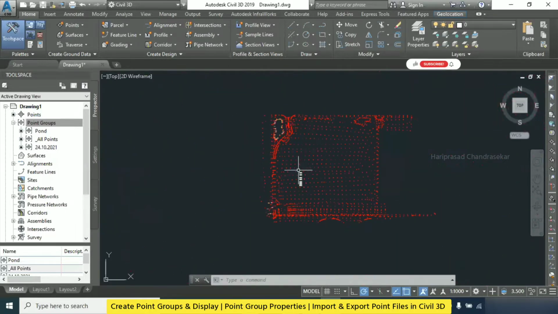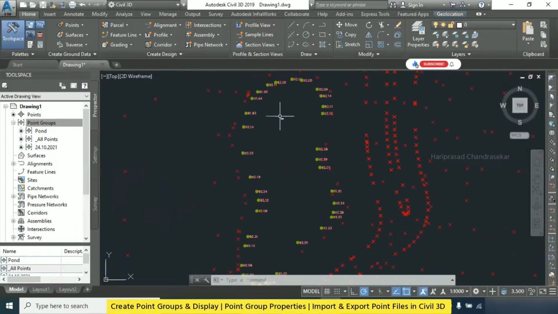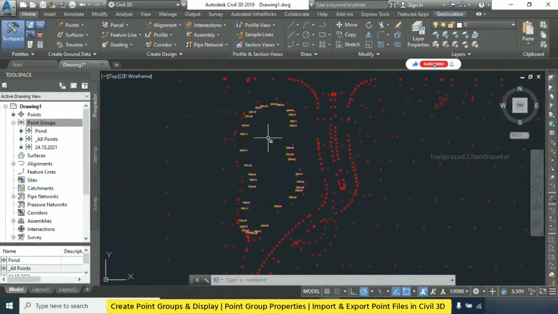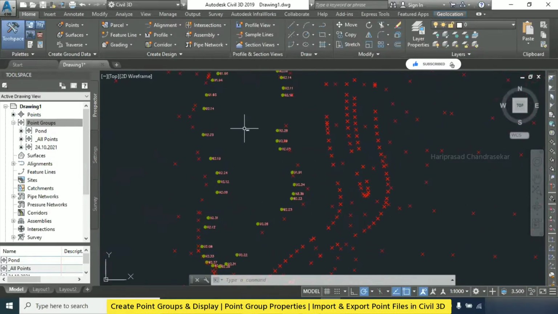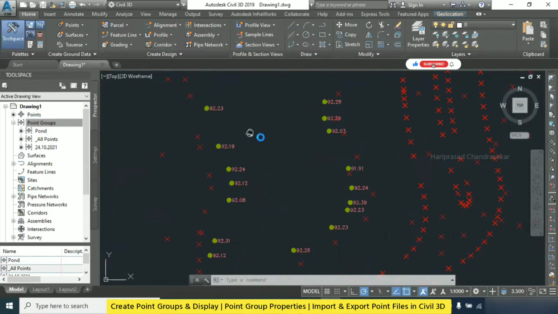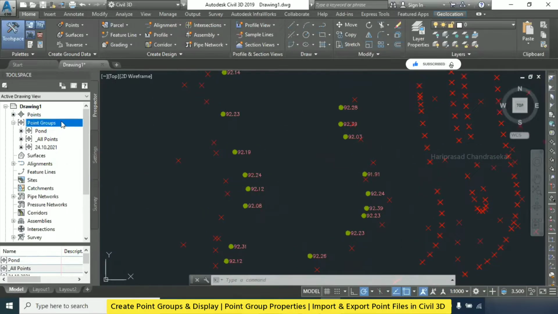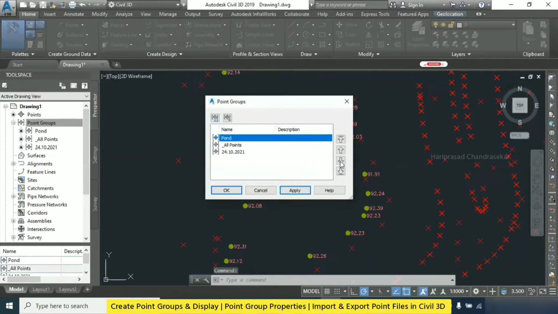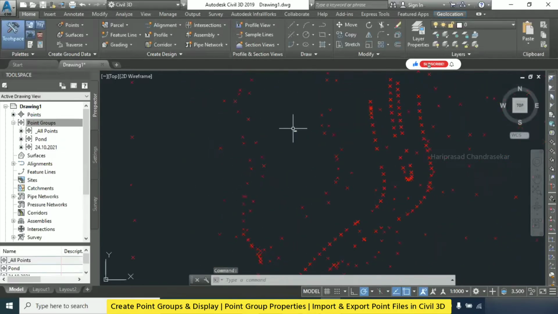So this is basically copying only the point data into a separate point group, no? If we edit these pond points, it won't affect the other points, no? Yeah, it won't affect. It's separate, so it does not interact with the other points. Basically it's just a copy of only the pond points, created separately. When you go down, the other points will be the same. That's why we created only pond as a separate group. Okay, that's fine.